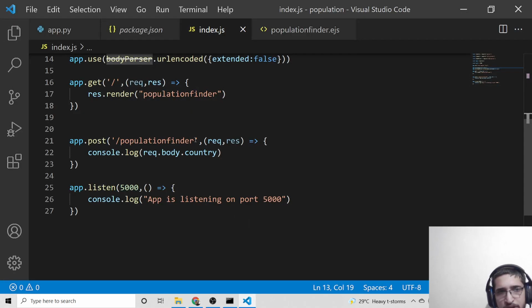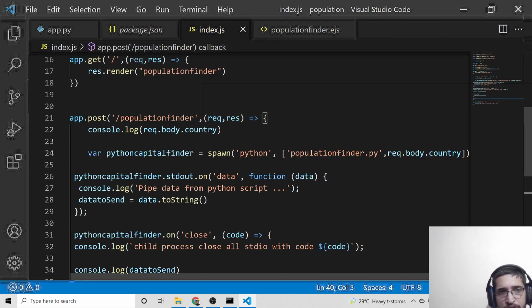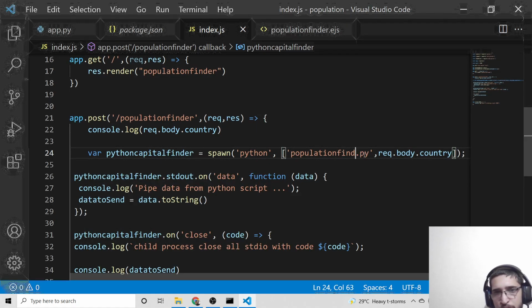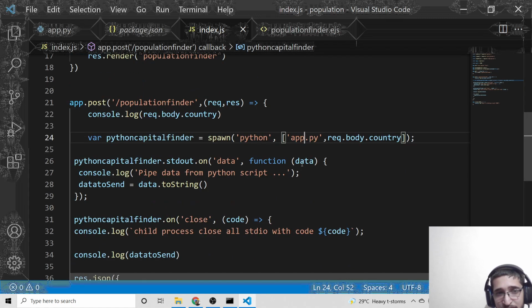Just copy it and I will paste it, and then I will show you what is happening. So we have declared this variable Python capital finder, and we are invoking this Python script, which in my case is not population finder, it is app.py. We are using the spawn method, and this comes from the child process module, which is a built-in module in Node.js. We are passing the country as well which the user has selected,